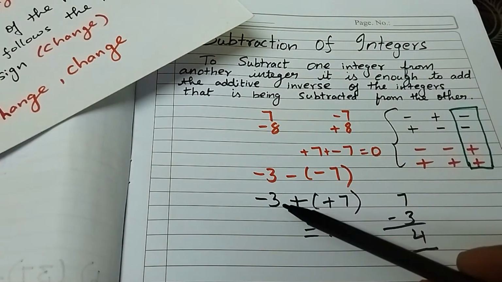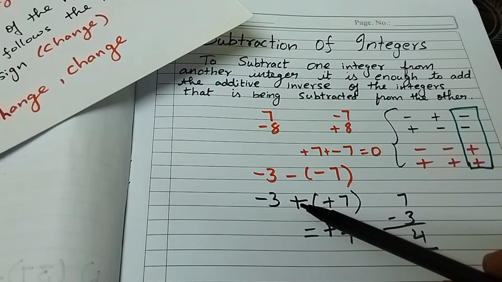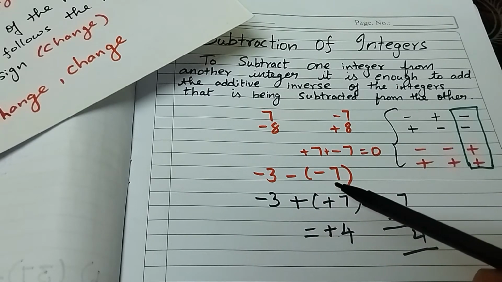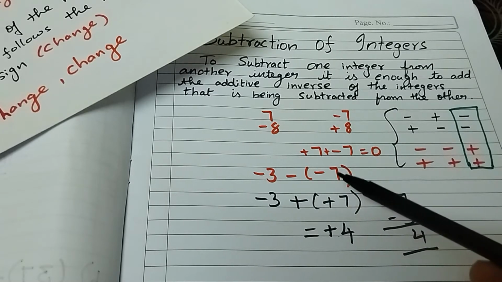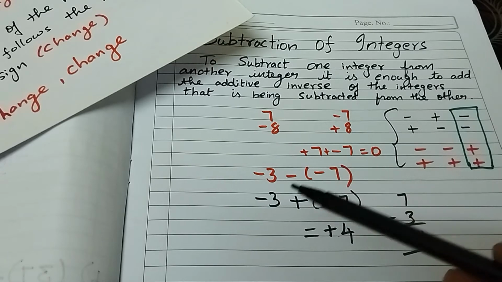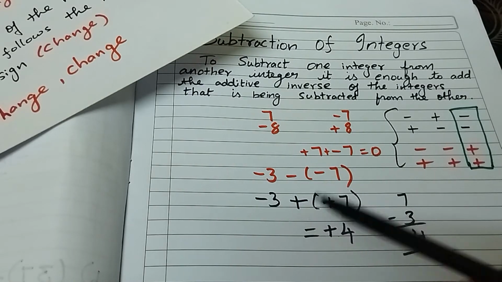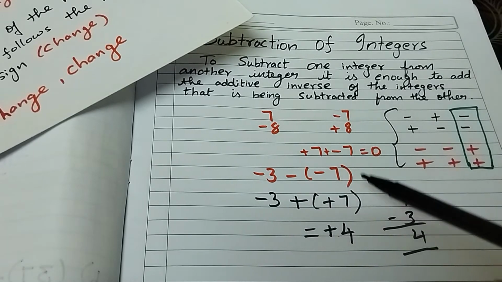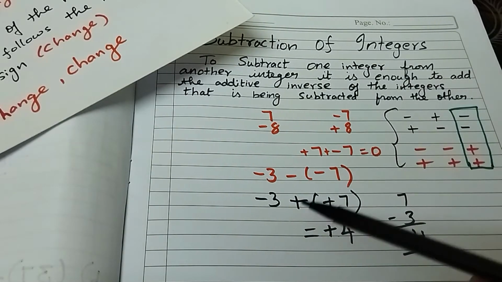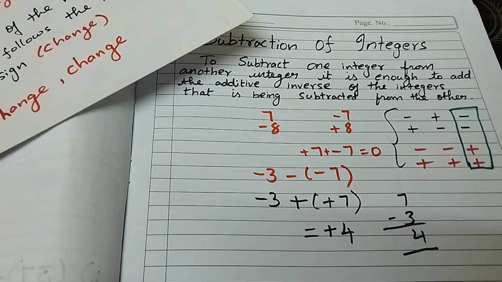So remember 3 steps when we are doing subtraction. The first integer should be the same as it is. The subtraction sign you have to change to addition. Then take the additive inverse of the second integer. Minus means plus, plus means minus. Then you can perform as usual how you have done for addition. Different signs mean you do the difference. Same signs mean you do addition. After doing it, concentrate on the sign: the greater number's symbol has to come in the answer.